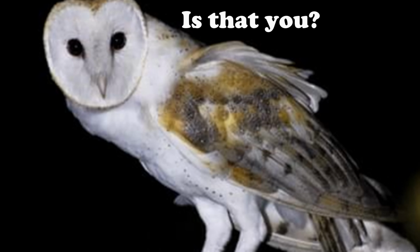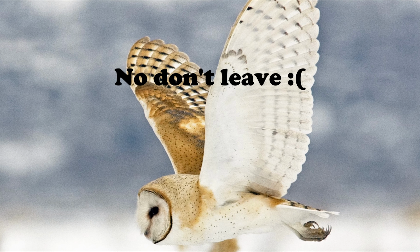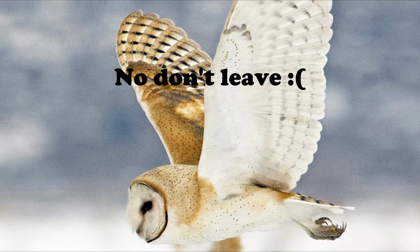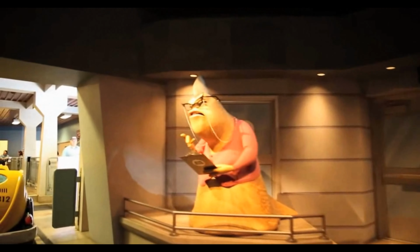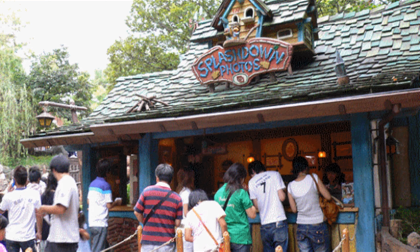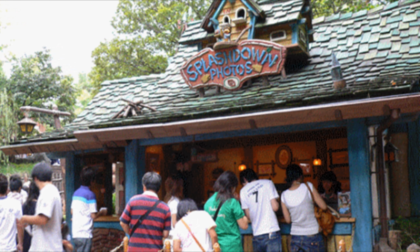As insignificant as he is to the average rider, since you see your photo at the exit anyway, it just felt more special getting shown it by one of the characters on the ride. Similar to when Roz talks to the guests at the end of Mike and Sully to the Rescue, but more restricted. Since the photo studio in Disney World and Tokyo Disneyland goes by splashdown photos, they never added Barnaby to